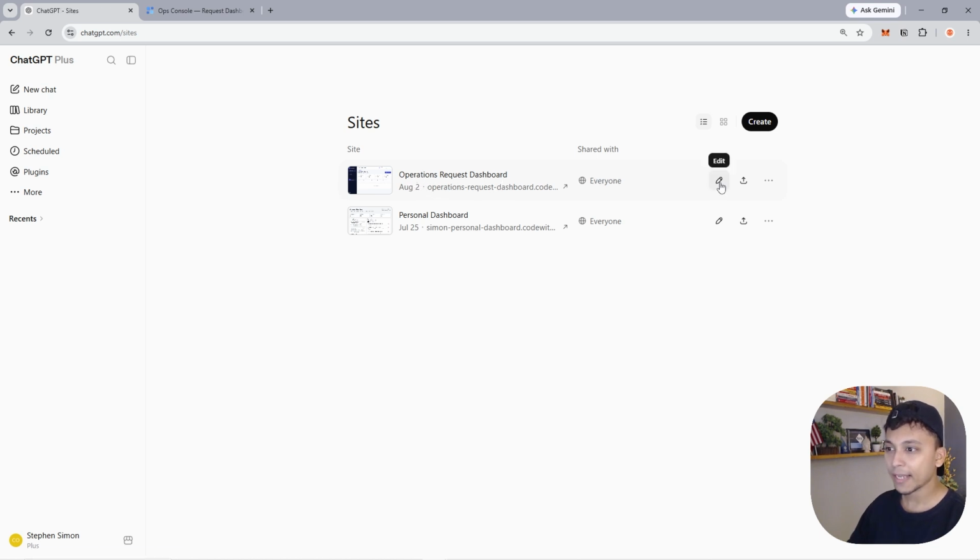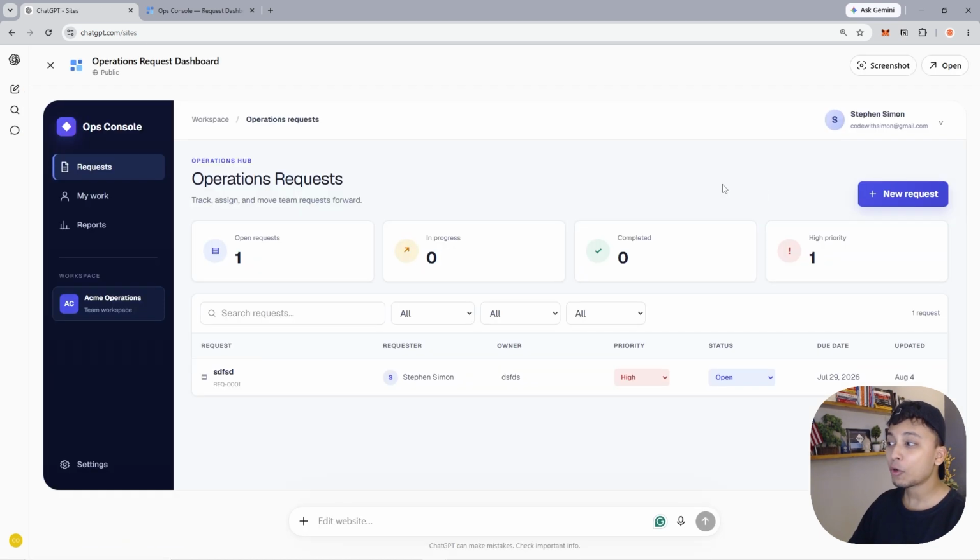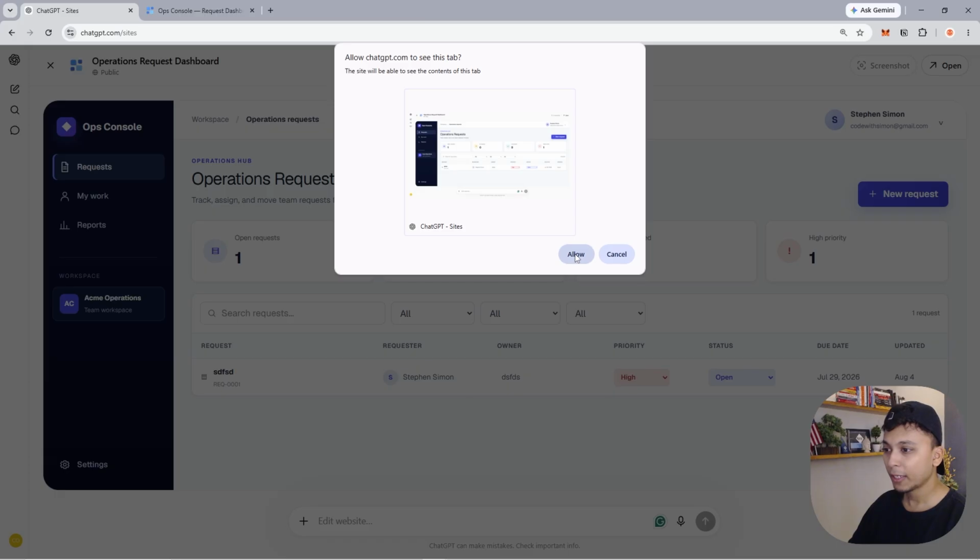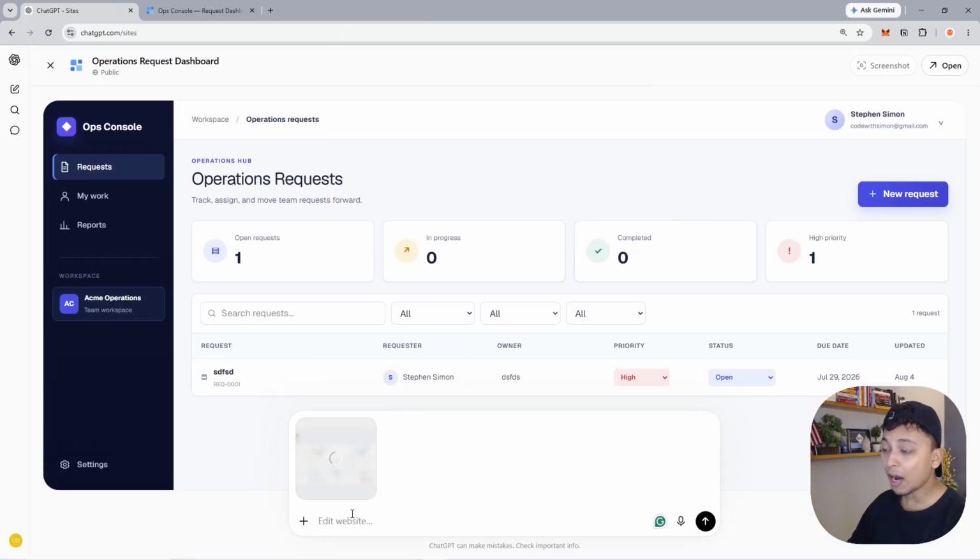If you click on this edit option, this will open the website preview for you, and here you can take a screenshot by clicking at the top right. Click on allow, and now you can make changes on one particular screen. So instead of writing a prompt that will go and make changes on your entire application or website, you can just come here, click on edit, take a screenshot of it, and write any prompt here. Like for instance, I need 5 columns and not 3 columns, or anything like that,